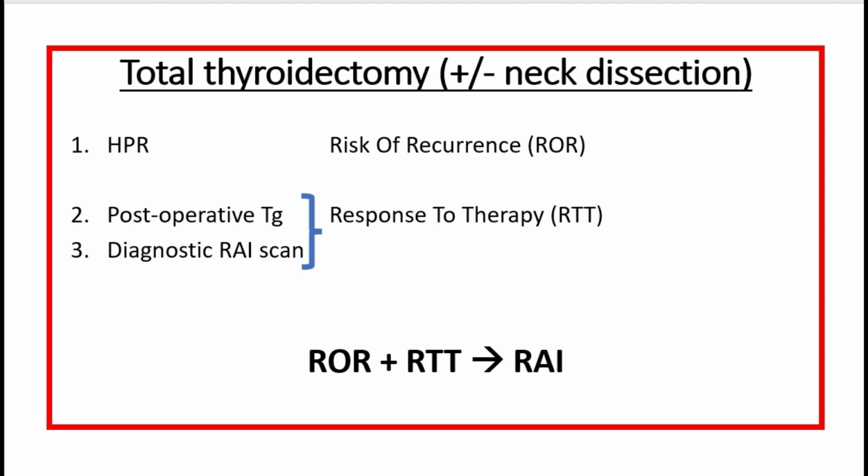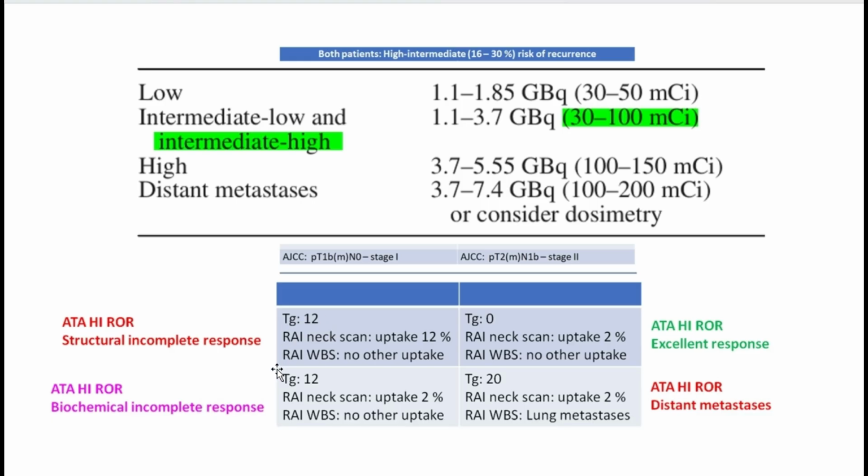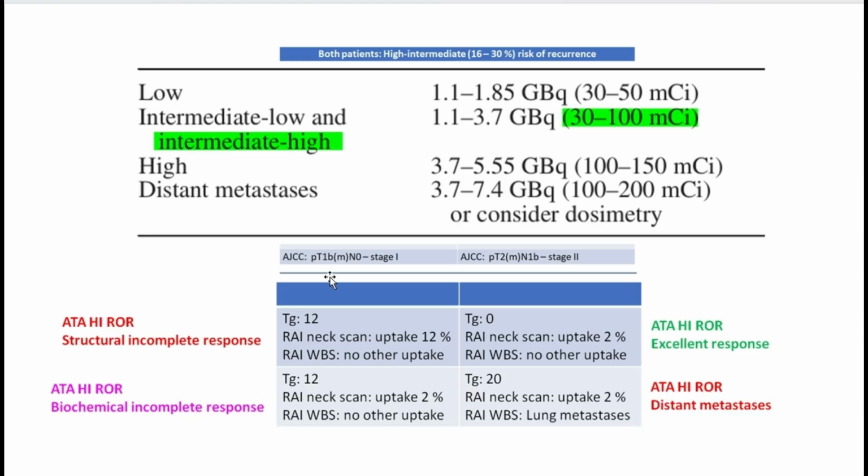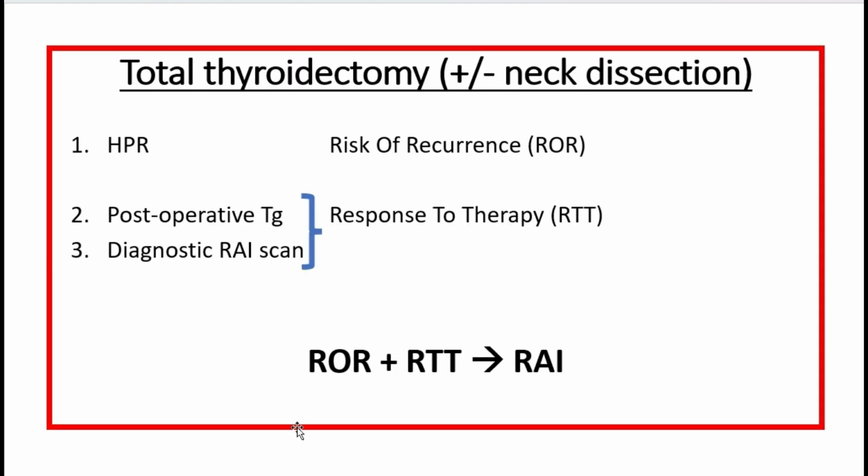So, yes, all based on the histopathology report, we know even intermediate risk should be considered strongly for radioactive iodine therapy. So, both these patients, when the histopathology reports come, we know at this point that both these patients will require radioactive iodine therapy. But the refinement of dosing is done by this evaluation of response to therapy. So, that is why risk of recurrence plus response to therapy gives us the exact